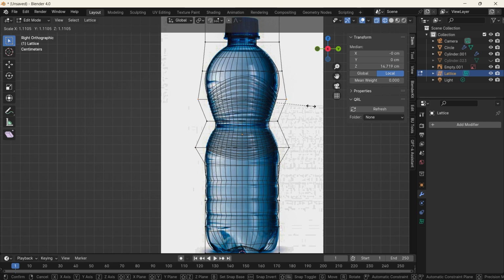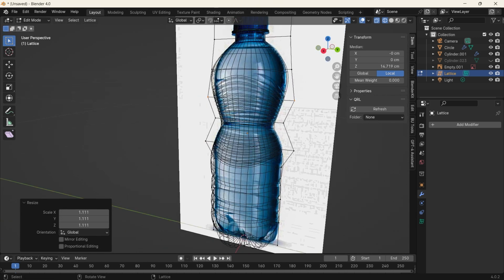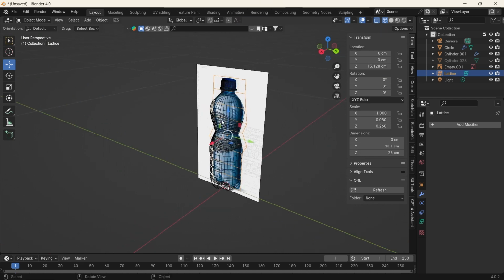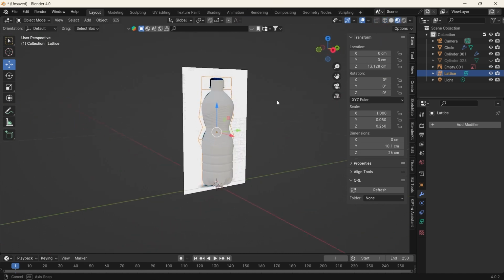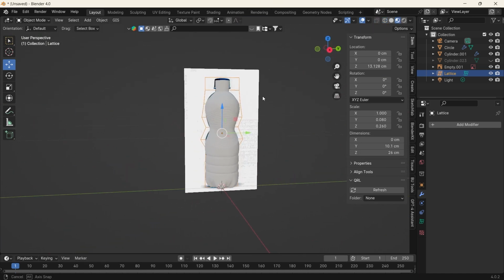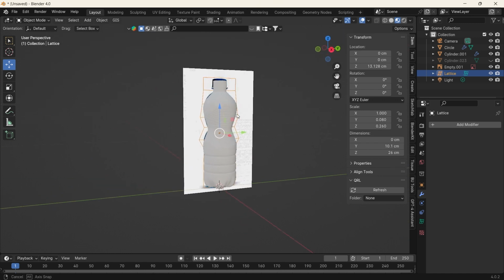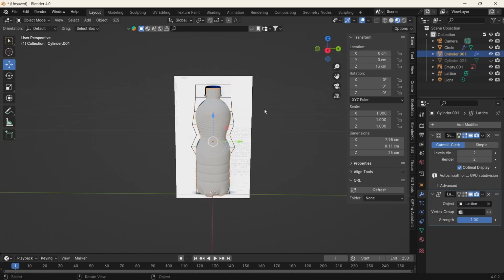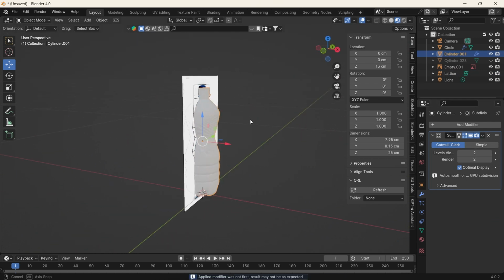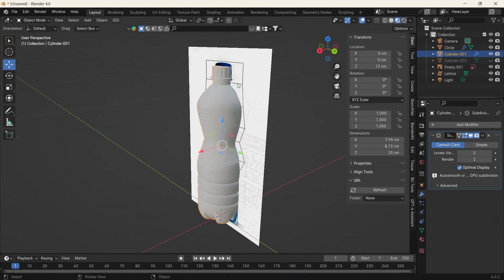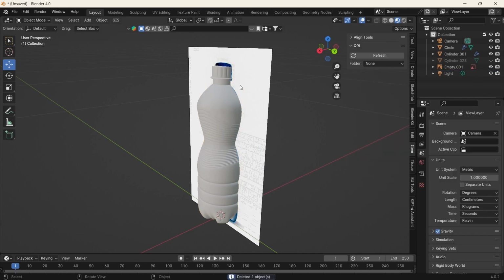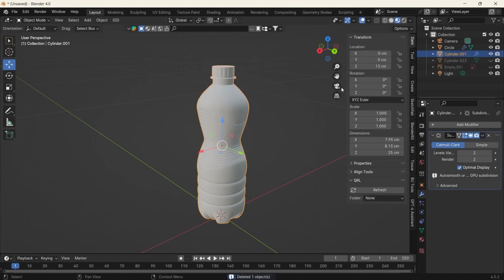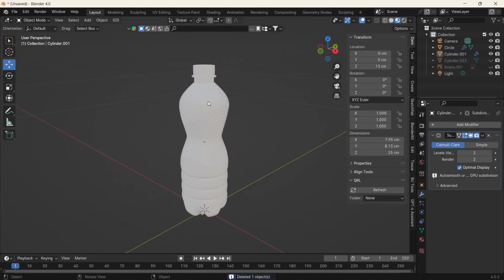This, we have some level of deformity on our shape without actually ruining the full shape of our object. So once we have this, we can then select our lattice and apply. So I think we're pretty much done. We can delete the lattice and we can hide our bottle. Give it a